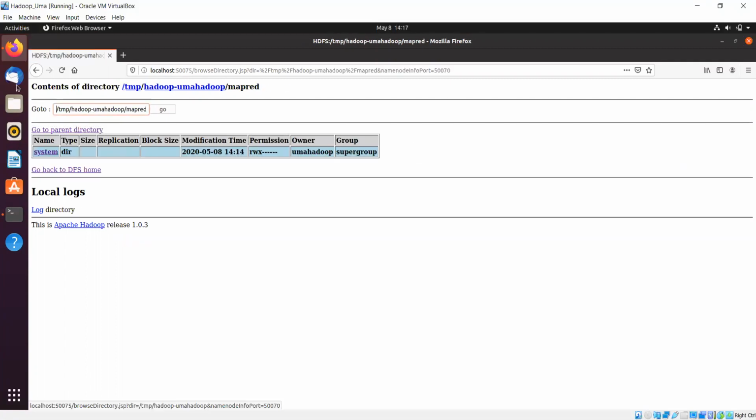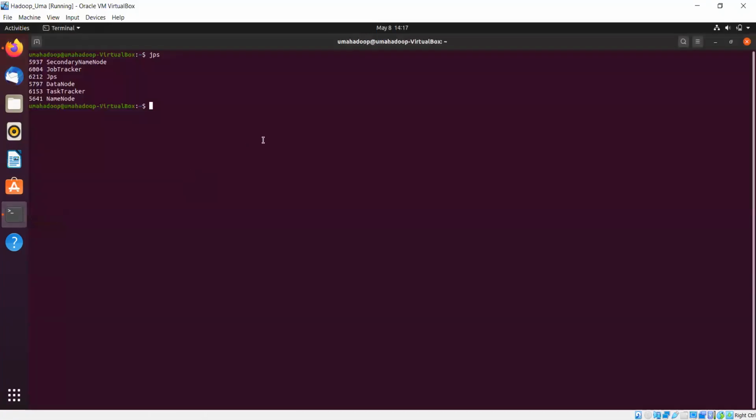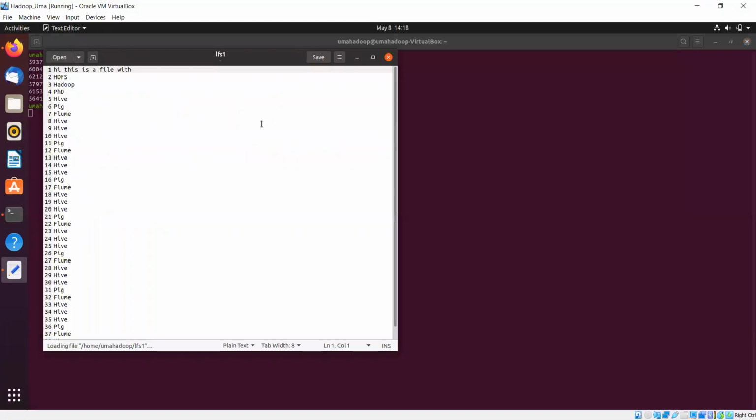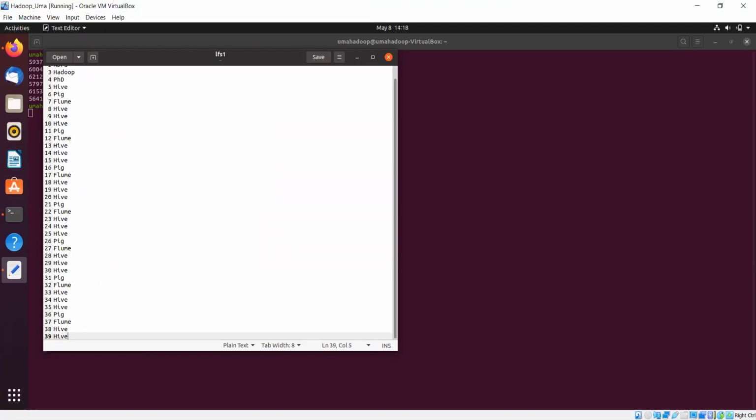Within the system, whatever configurations are available, let me create some files in Hadoop. Before creating this, first let me create one in the local file system. I am running gedit lfs1, which opens an editor for us. All these contents are already available, so I am adding some other content: this is copy to HDFS. I am saving this file, LFS1, and closing it.